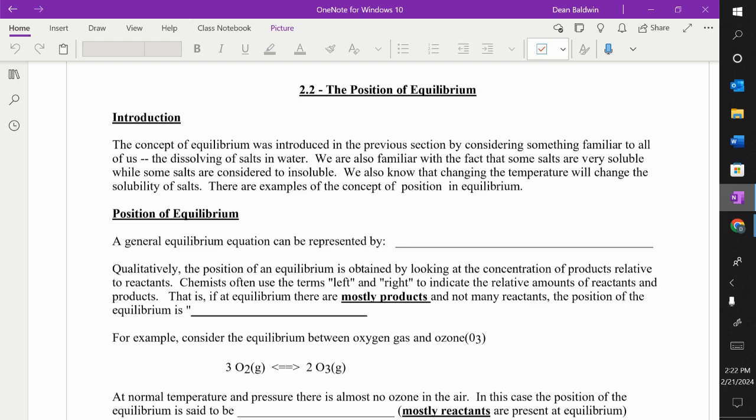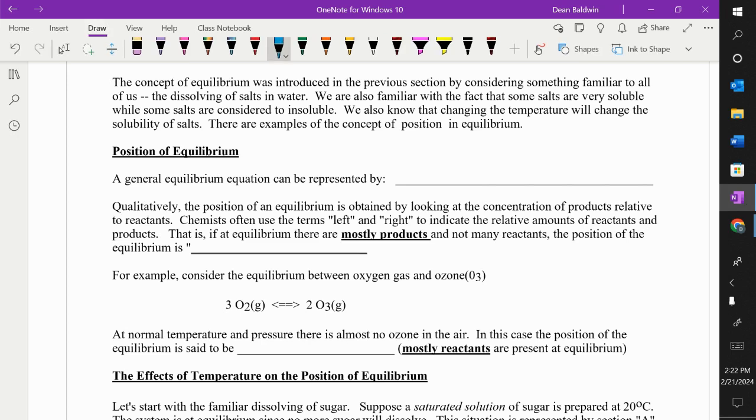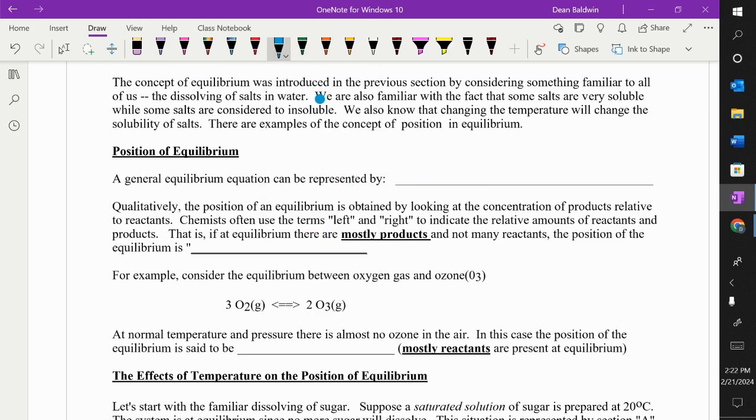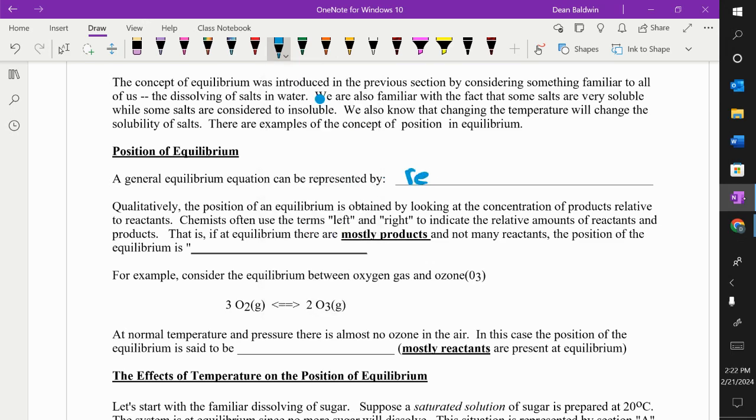So a general equation for equilibrium, just a blank, no actual chemicals, is we would just say... Oh my gosh, and my pen doesn't work. There we go. Okay, reactants